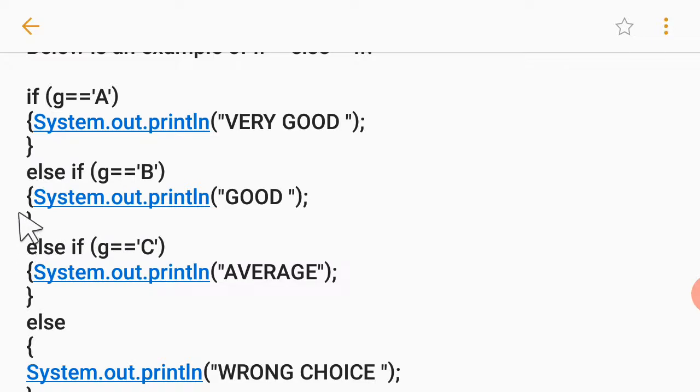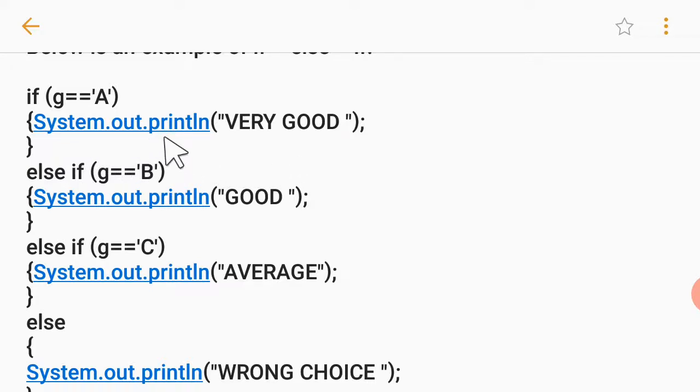Now after every if, you have to write a particular task to be performed. Here the task was to print the meaning of grade A, which means very good. So I will write System.out.println, because we have to print that, and then in double quotes, very good. That will be printed. Similarly, with this print statement, good is written, and with this one, average is written. Every time we write these statements, it is in double quotes because we want to print it as it is.